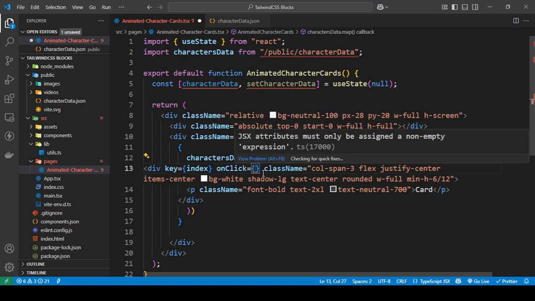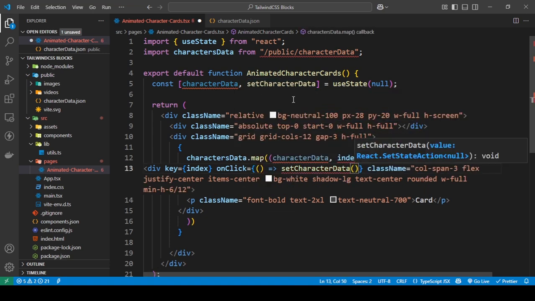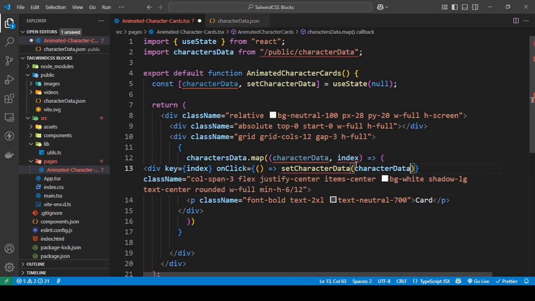And I'm going to add the onClick, and onClick I want to submit the character data into this. Okay, and when the character data is submitted, what I'm going to do is in this I'm going to just add in an image tag,